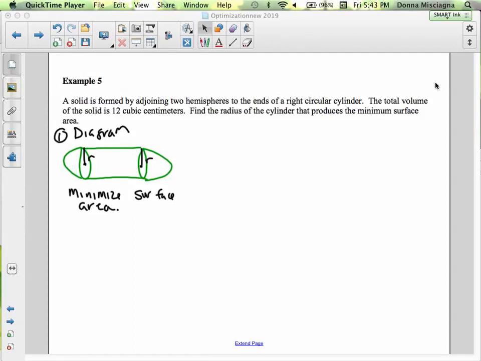Let's take a look at this one. Kind of like this problem. A solid is formed by joining two hemispheres to the ends of a right circular cylinder. The total volume of the solid is 12 cubic centimeters. Find the radius of the cylinder that produces the minimum